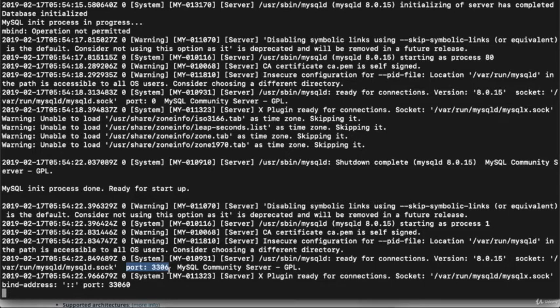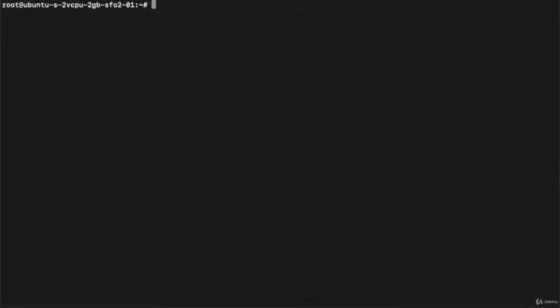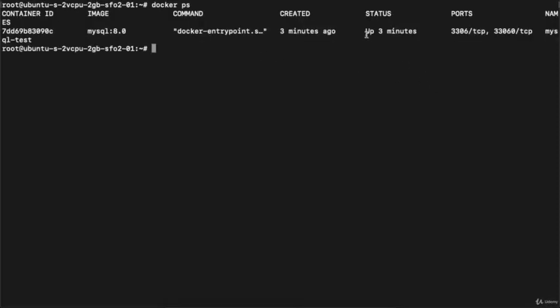but this was not our task. Our task was to start the MySQL container with the defined volume or user-defined volume. So first press Ctrl+C to stop this particular container. Once you press Ctrl+C, you will come out from your running container. If I execute the command docker ps, then you can see the container is up 3 minutes ago, right? So first I need to stop this container and then I need to start the same container with the user-defined volumes, right? So I will stop the container: docker container stop mysql-test, right?